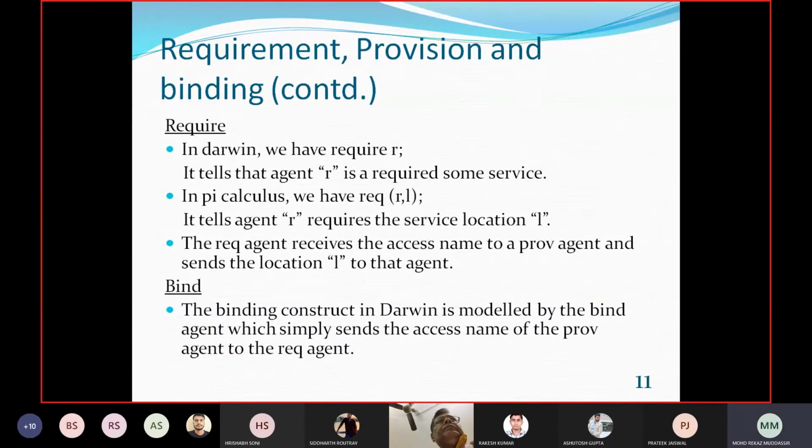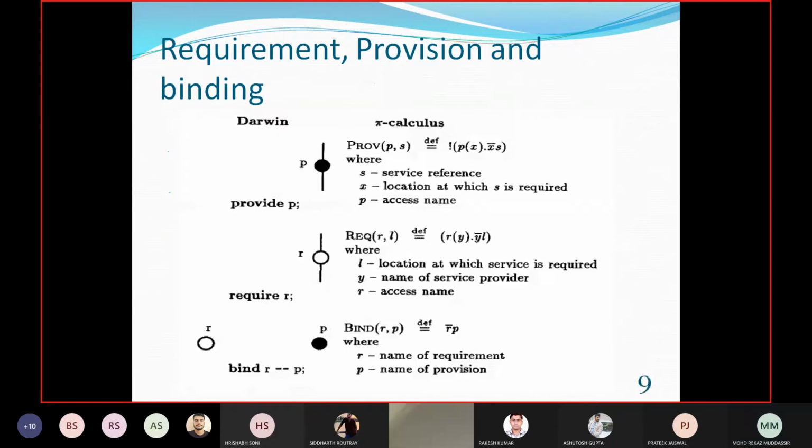The REQ agent receives the access name of the PROV agent and sends the location L to it, and after that it will request the service.